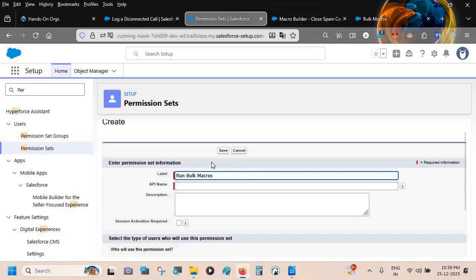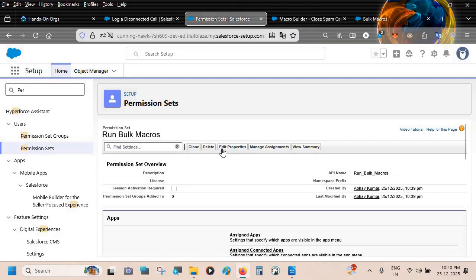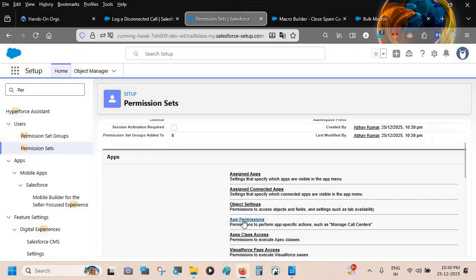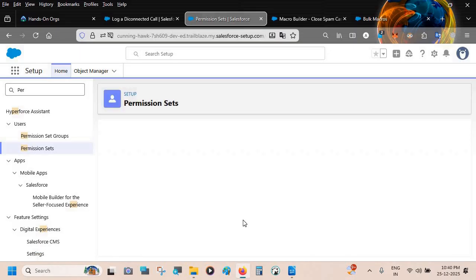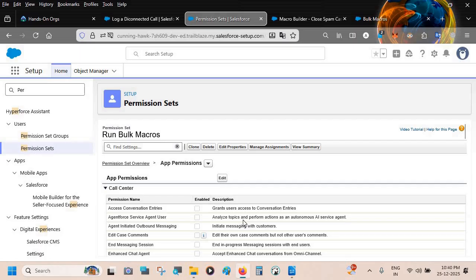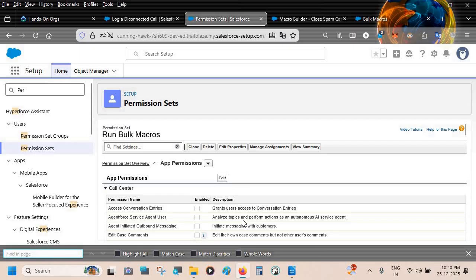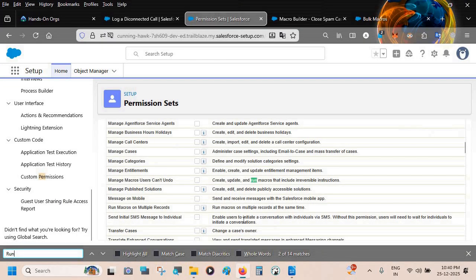So we will save this, and we will go here, click on App Permissions, then press Ctrl+F and write "run". So we have here "Run macro on multiple records". We will click on this edit button